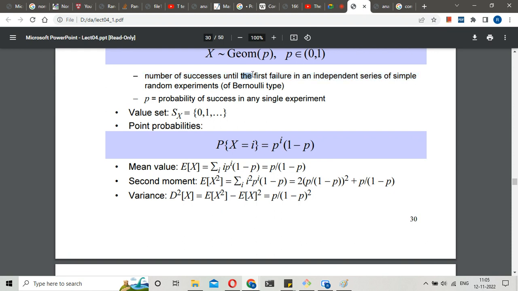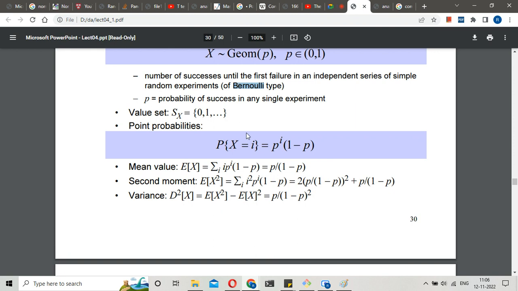So that is the idea. All the events are independent, since checking one bulb is independent of the next bulb. That is why it is an independent series, and each bulb is Bernoulli type also. You can see the probability of the first bulb being a failure or success is not dependent on the next one, and you can calculate the probability of a bulb being a failure or defective, or not defective.